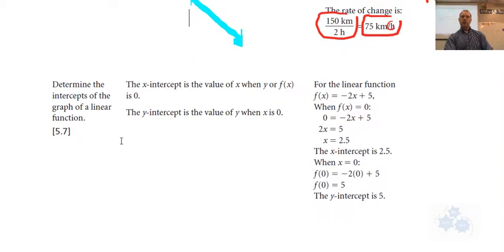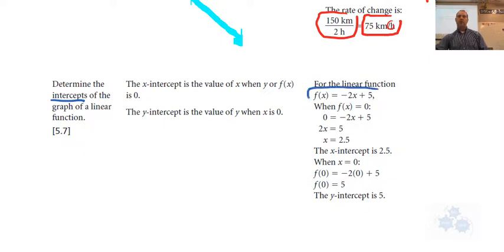All right. So this last point here, determine the intercepts of the graph of a linear function. Now, we graphed with 3 points, okay? As I mentioned, you really only need 2. So let's do this example where they're using the intercepts to graph the function. If you were to graph this, I've been showing you to take 3 values, a negative, a 0, and a positive. The other thing you could do, because you only need 2 points to make a line, is